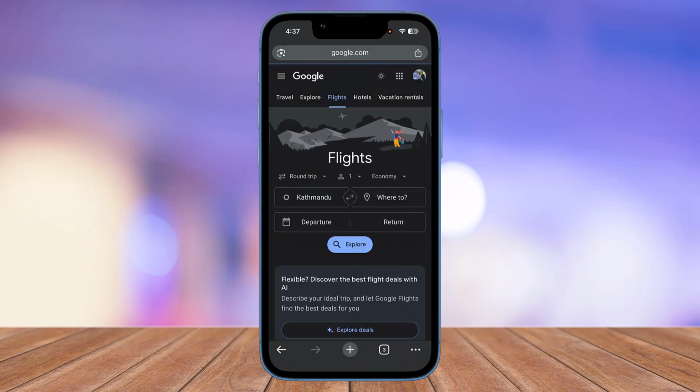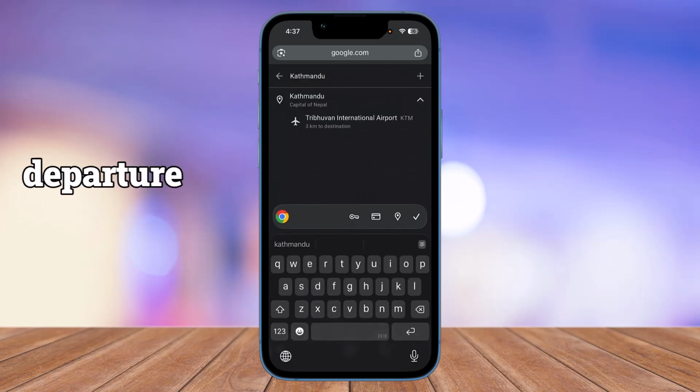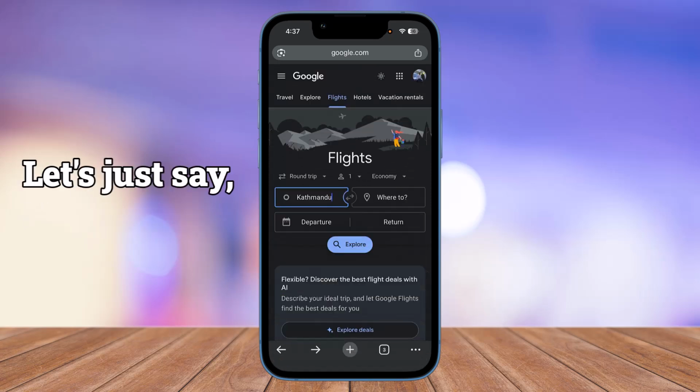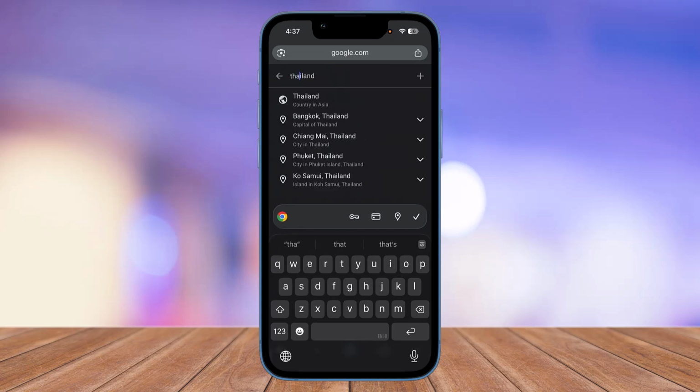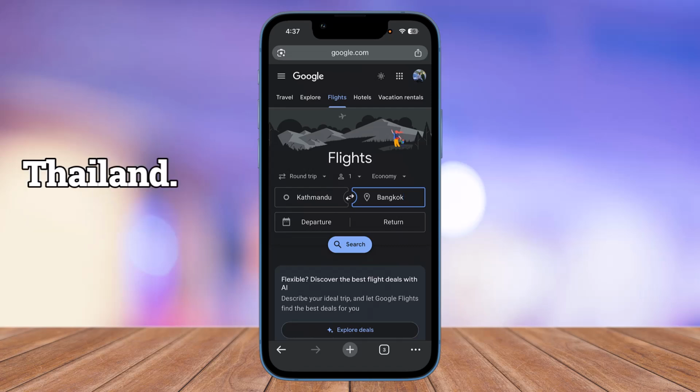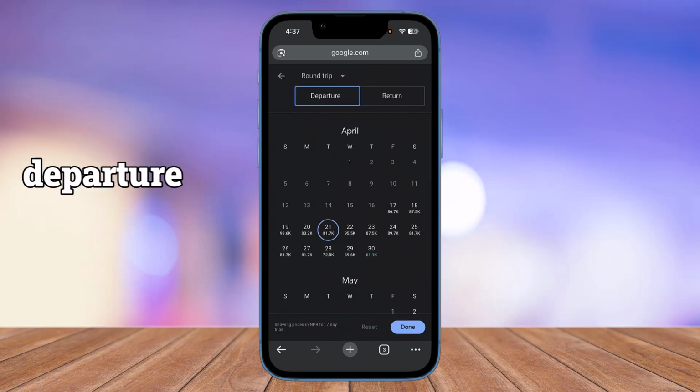be this right here. And now what you want to do is simply go ahead and choose your departure location. Let's just say Kathmandu for now, and then your arrival location. Let's say Thailand for now. Okay, Bangkok, Thailand. Then you want to simply go to departure and